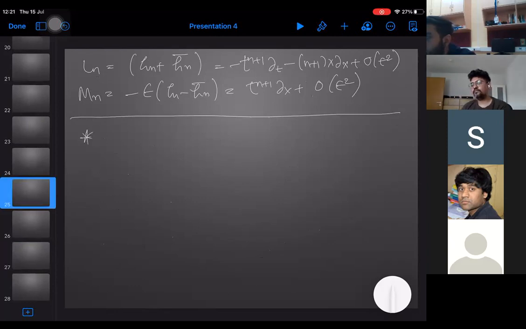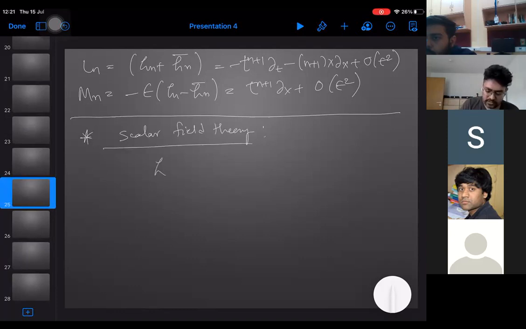Next, what can I do from here on the GCA side? Let me show a kind of field theory, for example, on the GCA side. Let's take the easiest case, that is the scalar field theory, whose Lagrangian is basically given by this, and whose equation of motion is equal to 0.